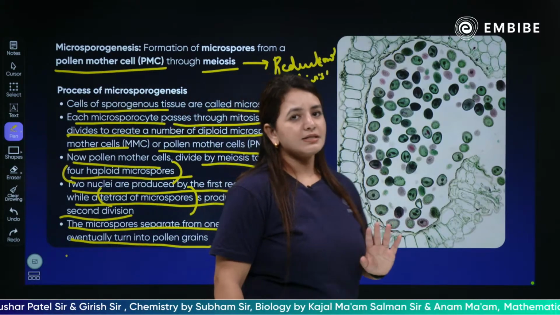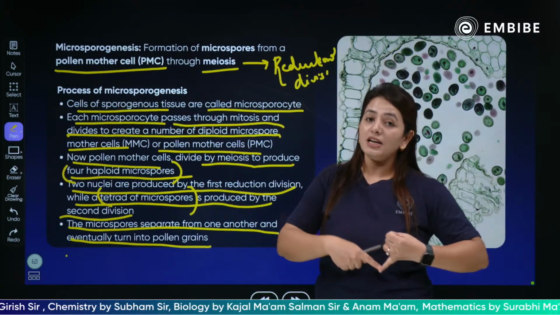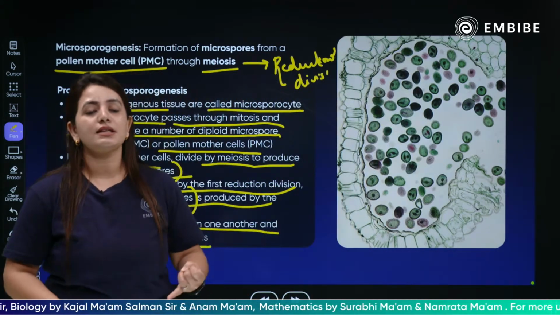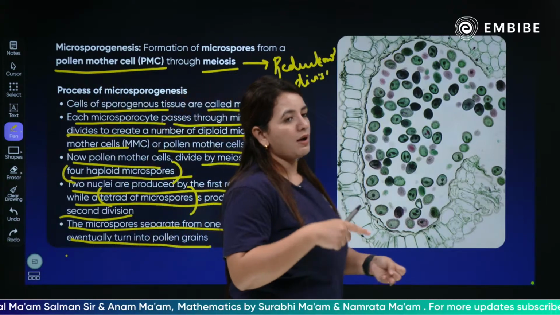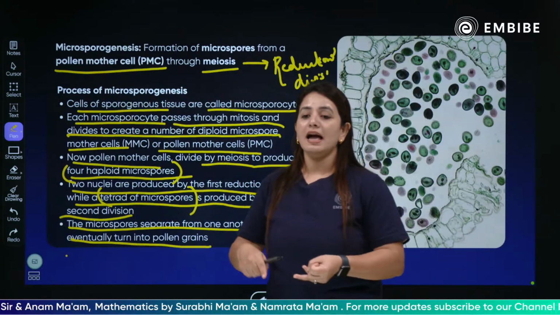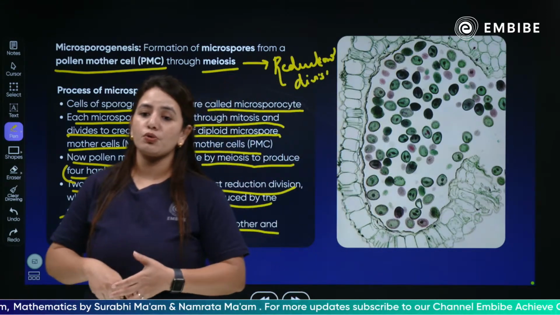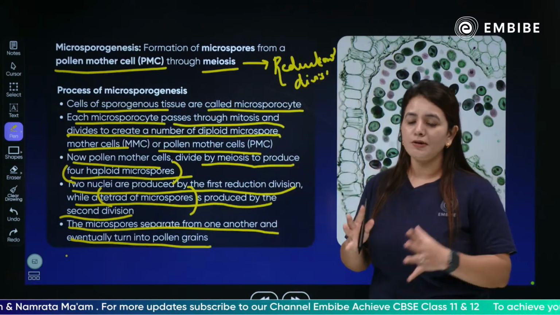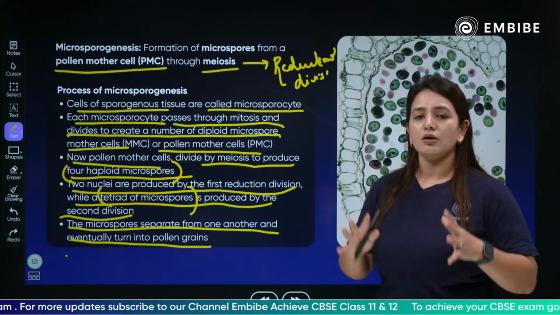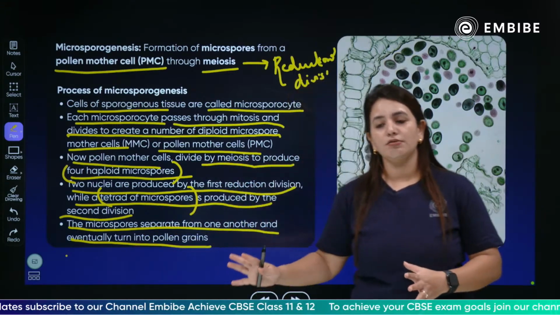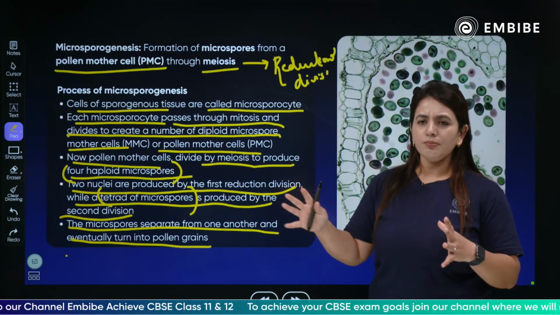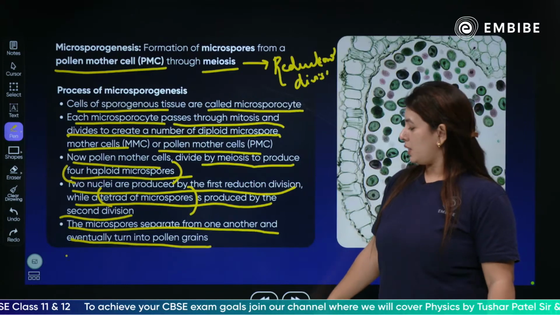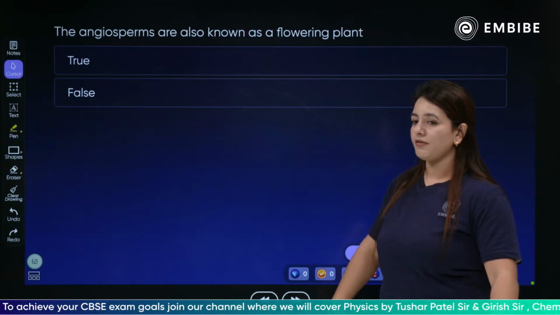Is it clear? We have discussed the parts of the stamen, anther and filament, the microsporangium and its layers, the sporogenous tissue, and also microsporogenesis. The detailed structure of the pollen grain will be discussed in the next session. Today is just the starting of the stamen and the explanation of the microspore.